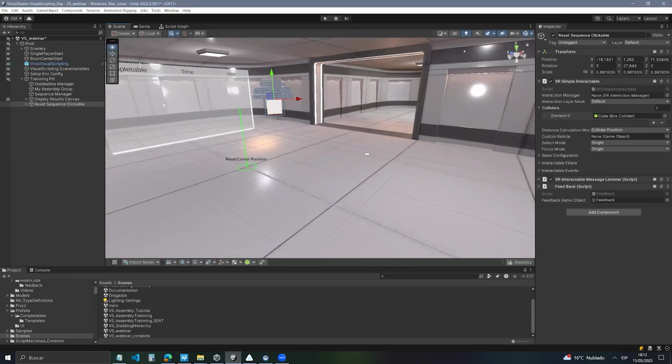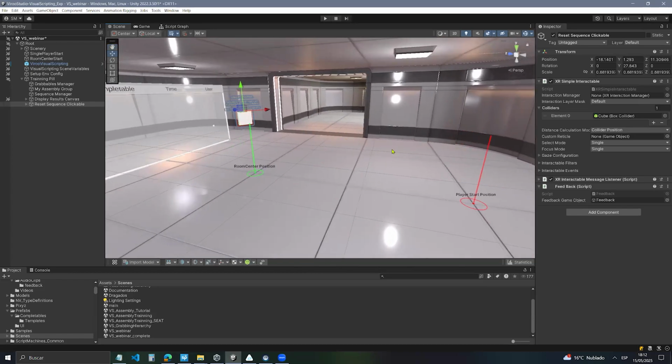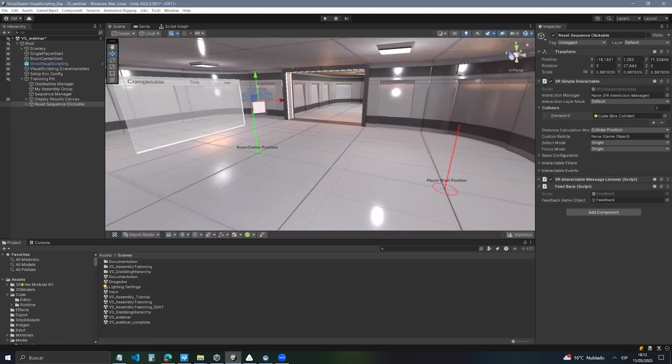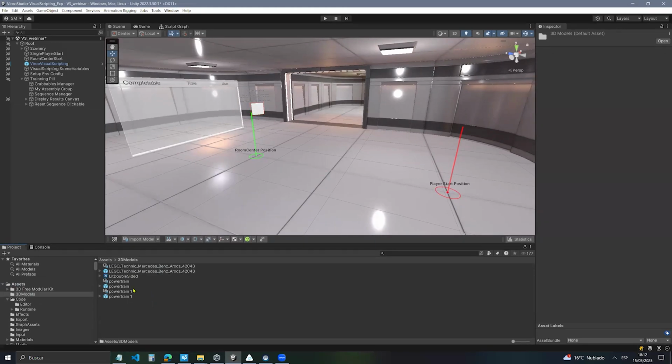Okay, so as you're watching here, we have an environment, but there is no 3D model on which we are going to operate. And the first thing we are going to do is to give something into the scene, to have something into the scene. So I'm going to go to this 3D models folder in which I already have